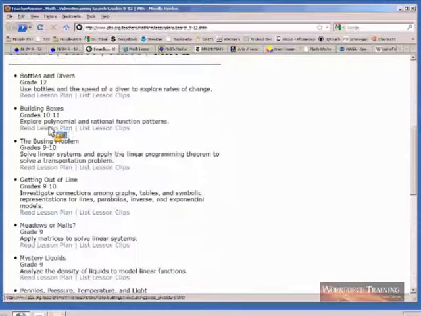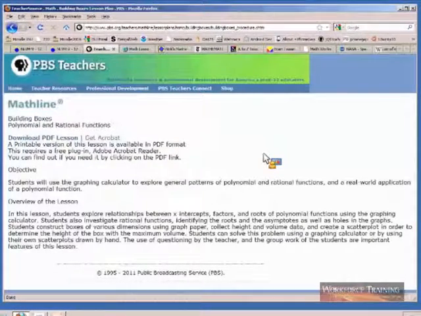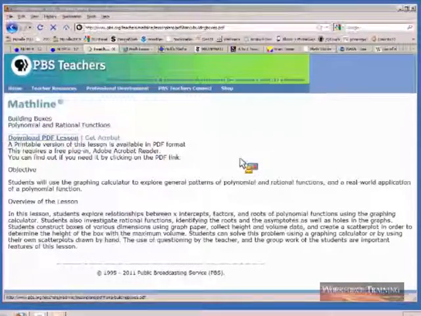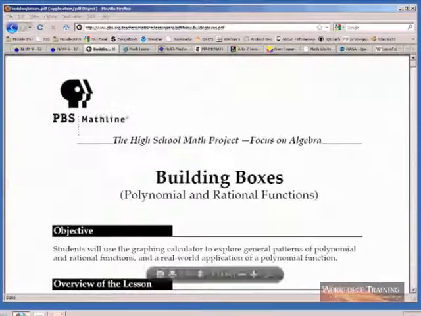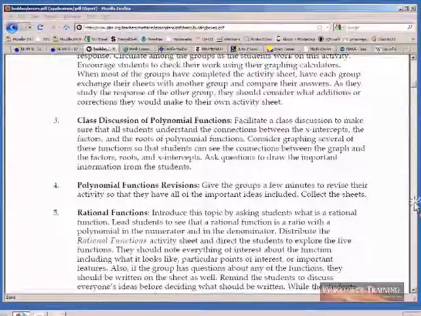Let's go to the lesson plan first. This is building boxes, and it deals with polynomial and rational functions. It gives you an objective and an overview of the lesson. And then you can download the actual lesson here, which is a PDF file. You can see this is quite nicely done. Has the introduction, has all of the